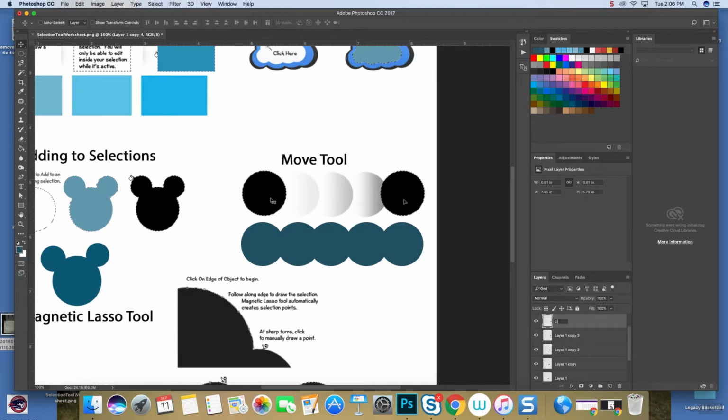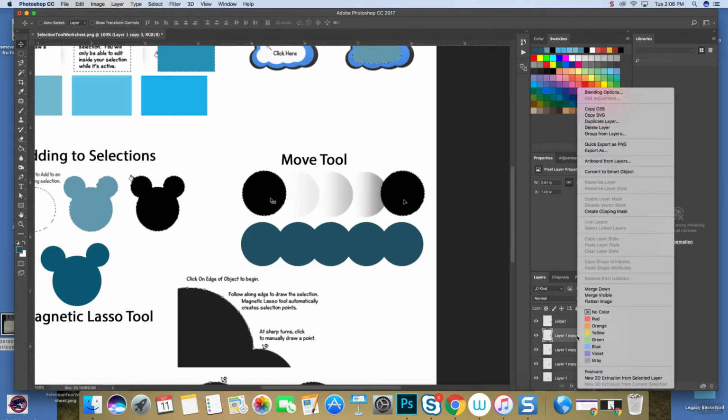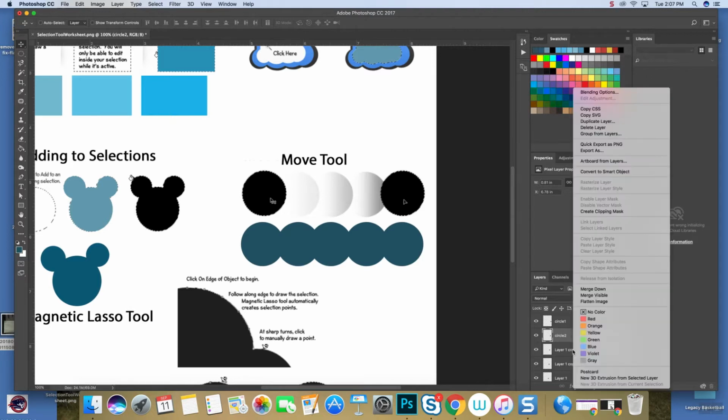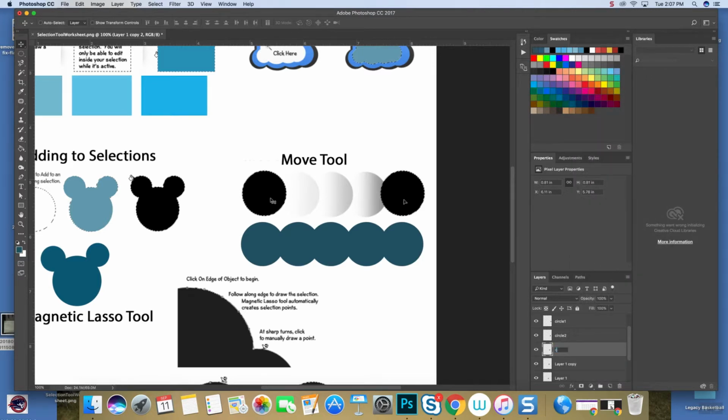So I can name this circle 1 and then circle 2 and so on and so on. To rename your layer, just double click on the name of the layer that's in there. So mine's layer 1 copy, whatever, 3. So I will just double click on the name of the layer, name it circle 2. Circle 3. Circle 4. Circle 5. Okay, one other thing I want you to do with these circles is I want you to reduce